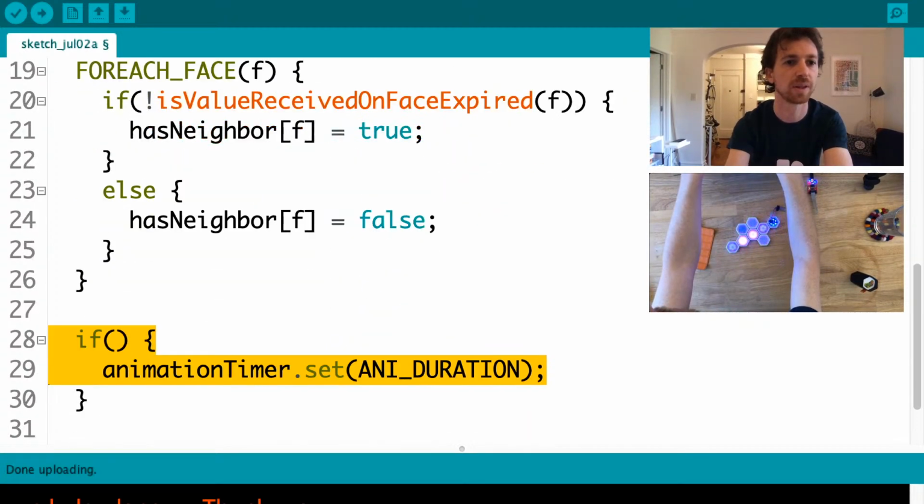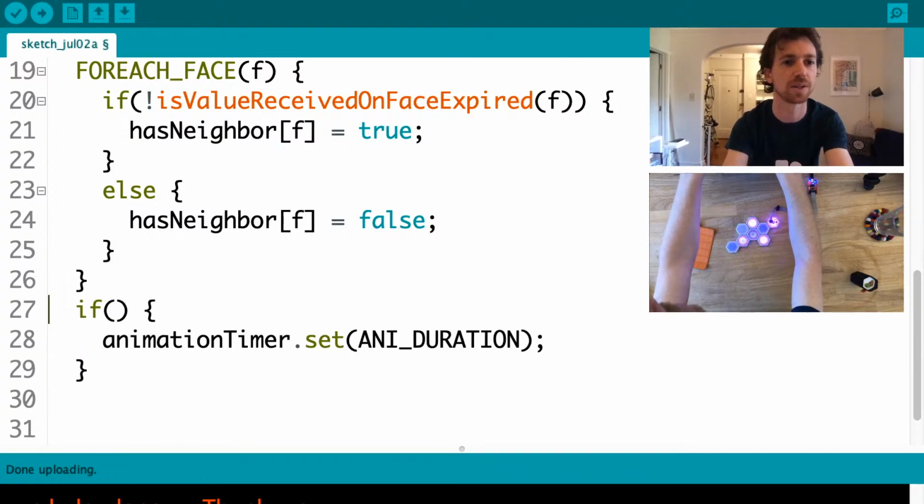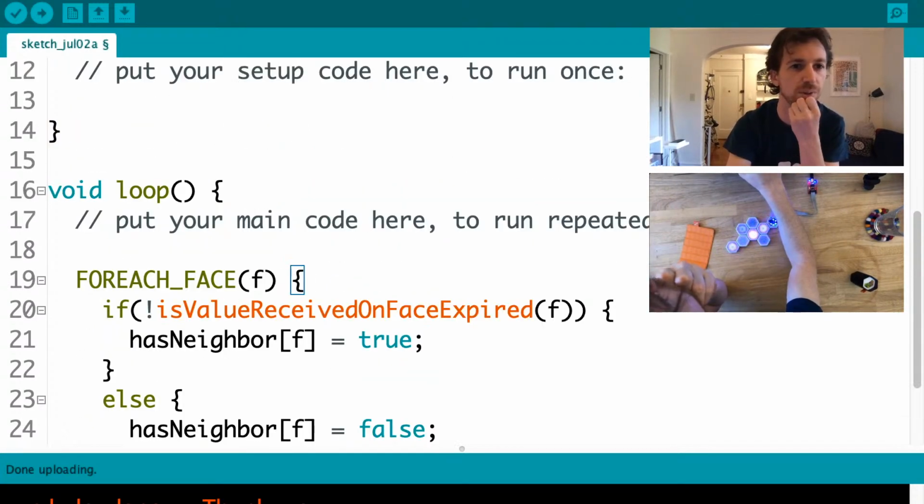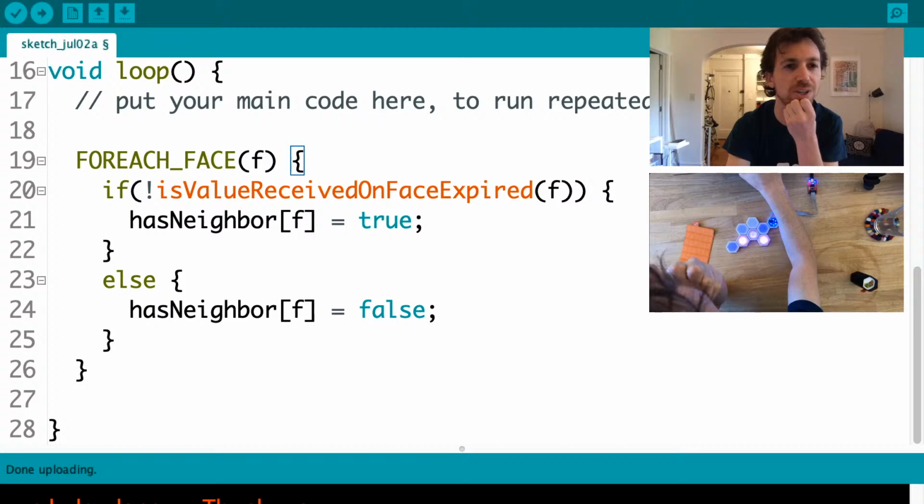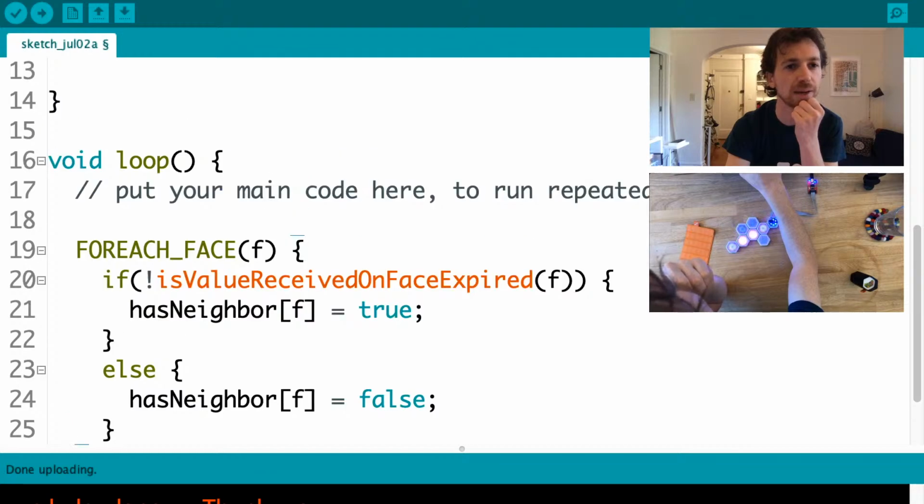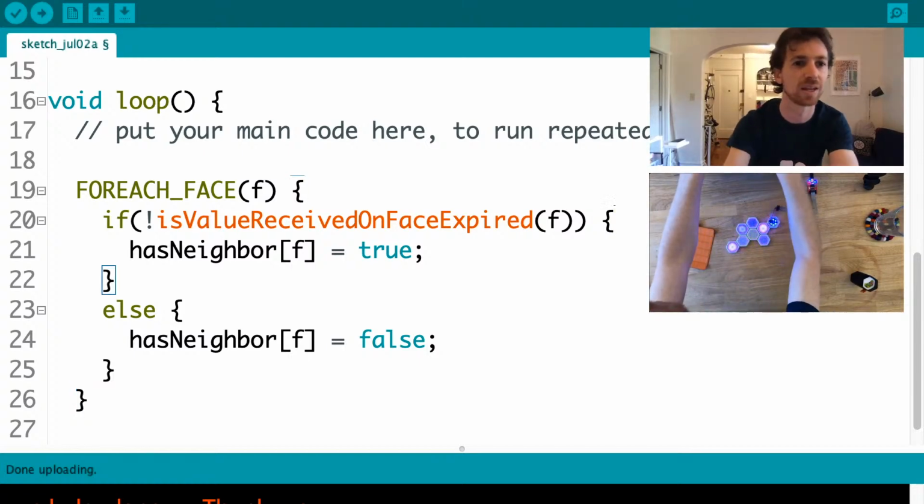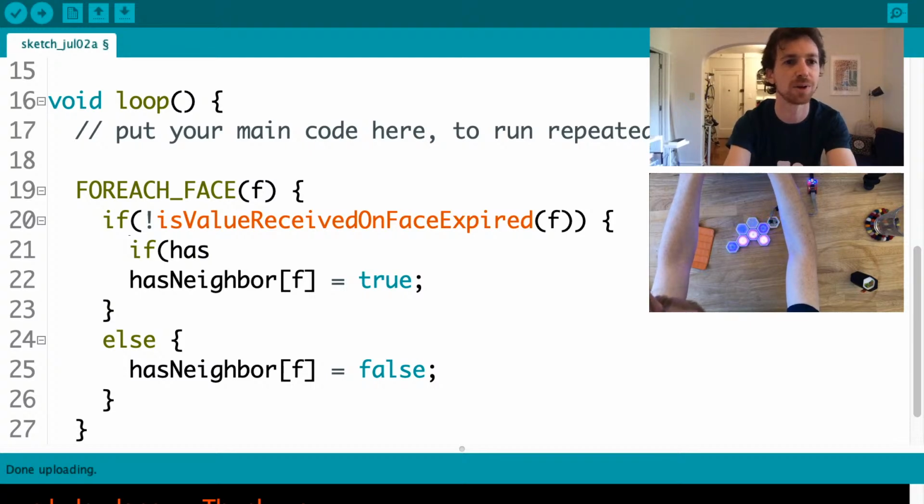So let's go ahead and get rid of some of this. So here we're saying we're going to look at each of our neighbors. If the neighbor has not expired, we set the value to true. Otherwise, we set the value to false. So it says, oh, I don't have a neighbor. And before we do that, we're going to want to make a decision, because if has neighbor